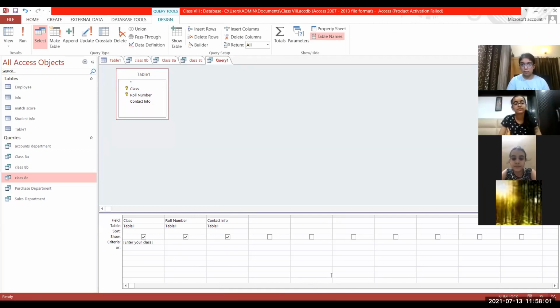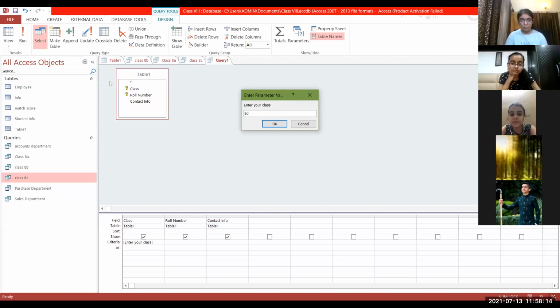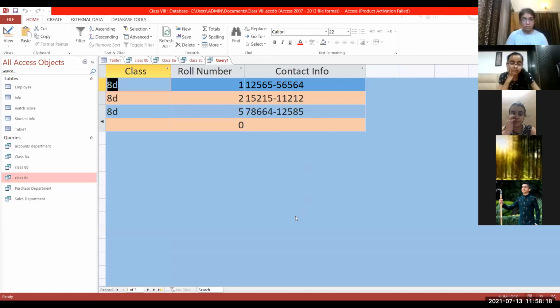Mind it, message should be in square brackets. Now when I run the query, see, enter parameter: Enter your class. I enter 8D. Click on OK. It will show me the records of 8th D class.